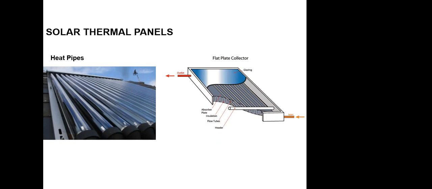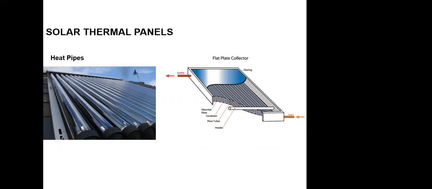So in the roof, they're going down like this. So there we have heat pipes or vacuum pipes. So this technology, we heat up water. Okay, so this is what we do. We heat up water. So that's why we need a hydronic system to make the most of this kind of elements. And the technology, again, this technology, the flat plate collector, people in Rome 2,000 years ago could have done,